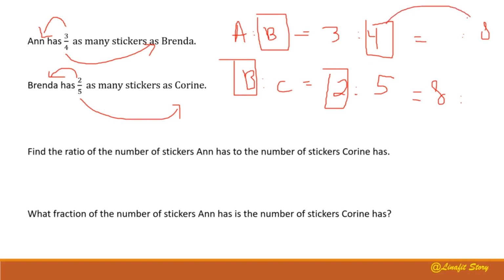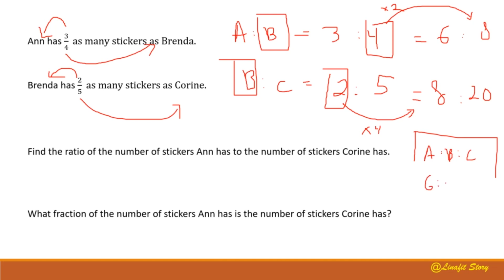Now 4 times how many equals to 8? 4 times 2. Do the same to N. So 3 times 2 equals to 6. 2 times how many equals to 8? 2 times 4. Do the same to Corinne. So 5 times 4 equals to 20. So after that, we know here that the ratio between N to Brenda to Corinne is 6 to 8 to